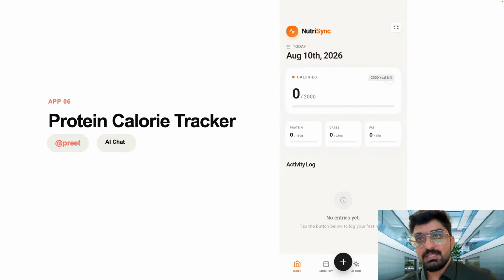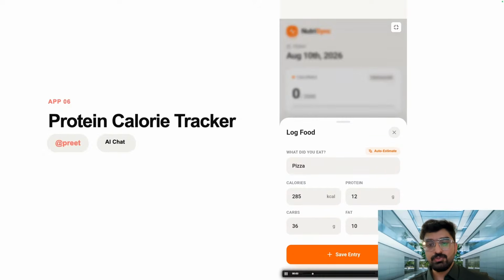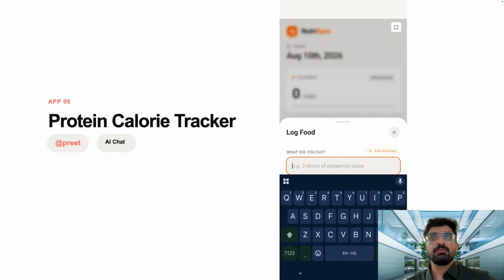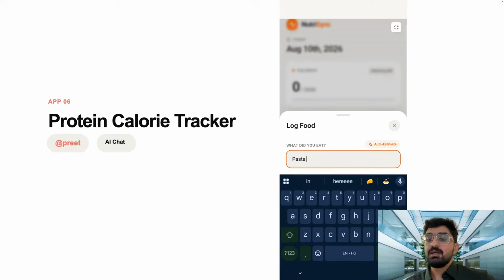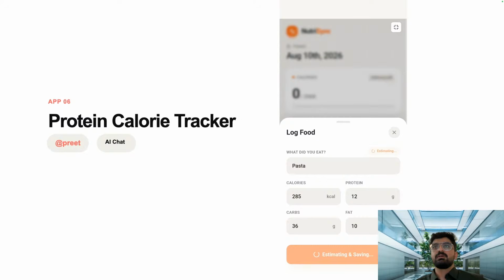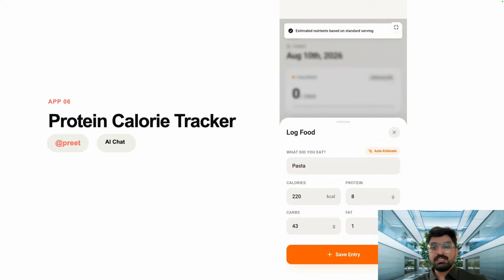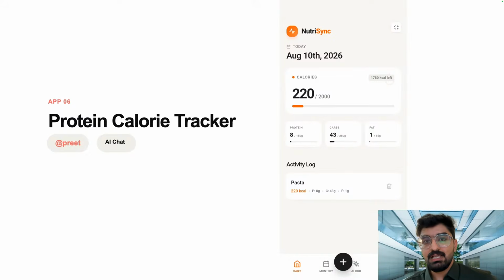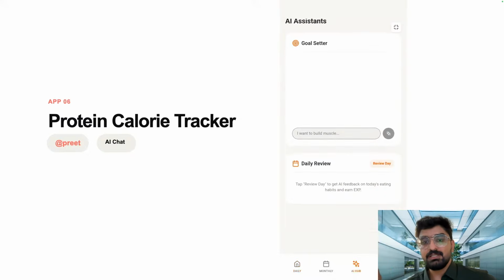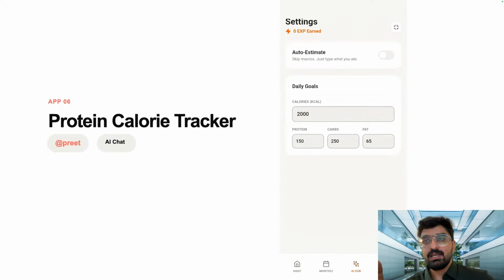Now, moving away from games, let's look at some utility apps. We have a calorie tracker where you can basically add whatever food you ate. The AI will automatically give an approximate amount of how many calories, how much protein you had for that day. So this was a very simple app when someone created it, and then someone forked or remixed it and made this very AI heavy, where you can have a diet plan and everything. So remixing is a very strong part of our product, right?